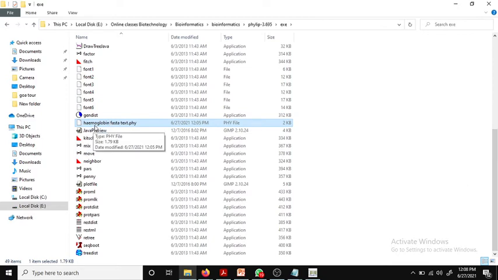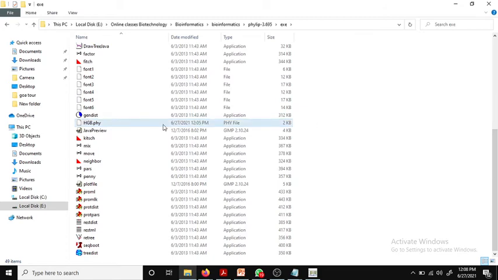You can see the hemoglobin FASTA text. Now I'll change the name a little bit because it is too big and I need to write it in a file. I'll call it HGB.PHY. Is it okay? This is a small file so that I can type it once again. So this hgb.phy file, we have pasted it in this phylip folder.